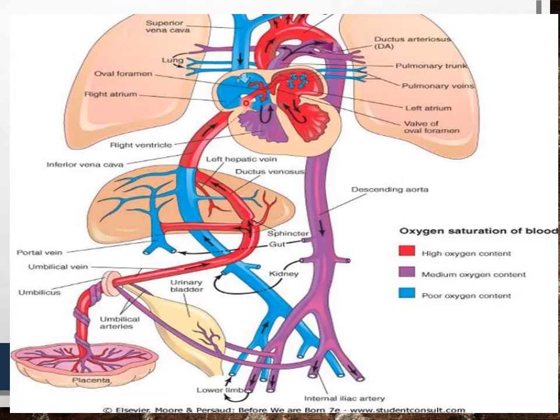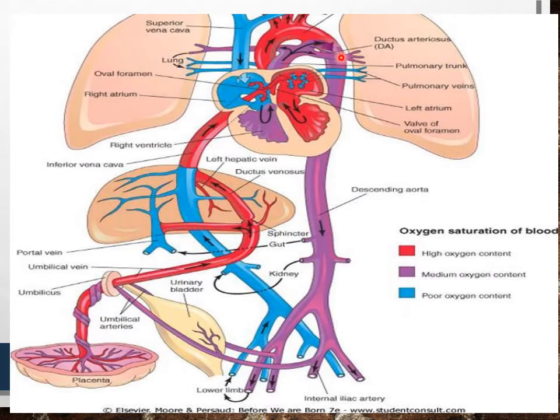Here the valve of the inferior vena cava is very important, guiding the blood to pass into the foramen ovale and then enter the left atrium. So this is directly shunting blood into the left atrium. But here the venous blood from the head and neck region, passing through the superior vena cava, mixes with the blood coming through the inferior vena cava. From this left atrium, blood enters the left ventricle and then goes through the aorta.